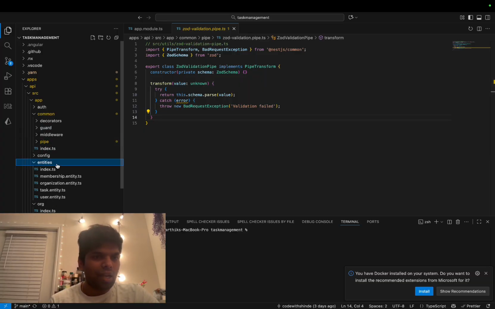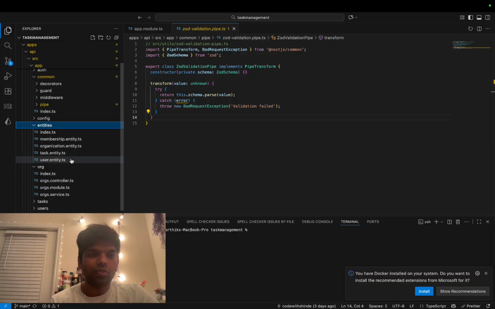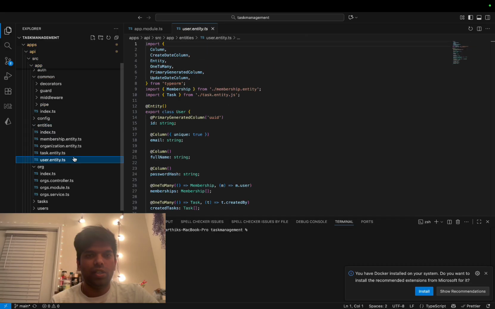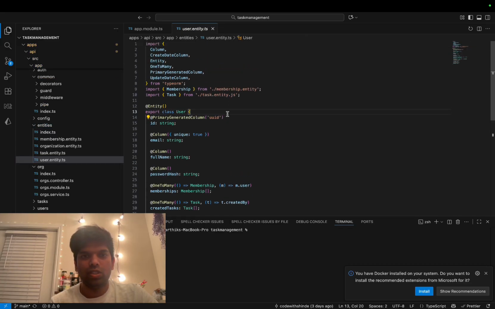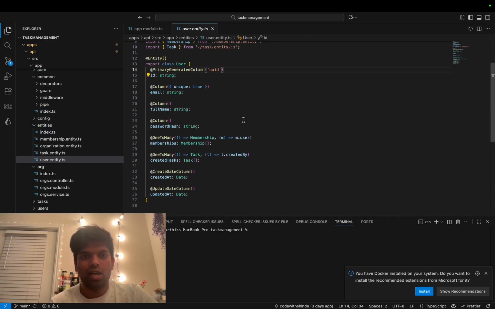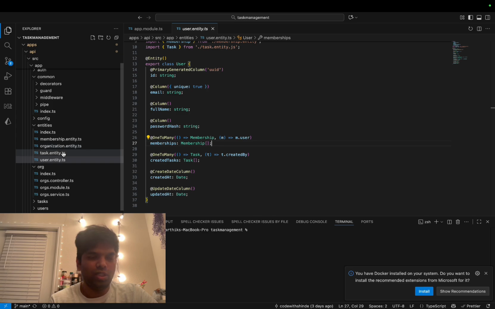Yeah. And I have entities here, user entities, membership entities. If you see this, I have the structure of the user entity where I'm taking very minimal fields: name, email, membership, where it holds what permissions he has in any other organizations, and what tasks he created. So these are the entities. So what challenges